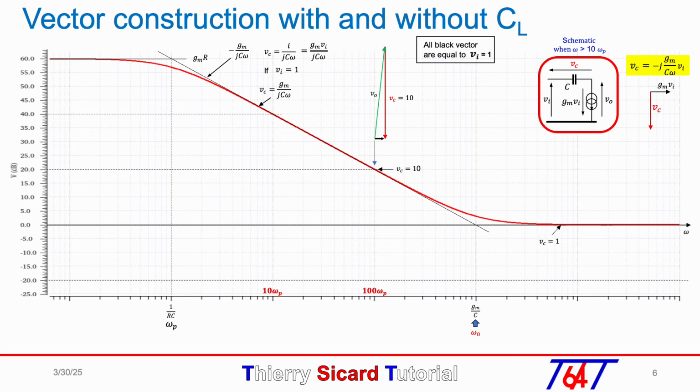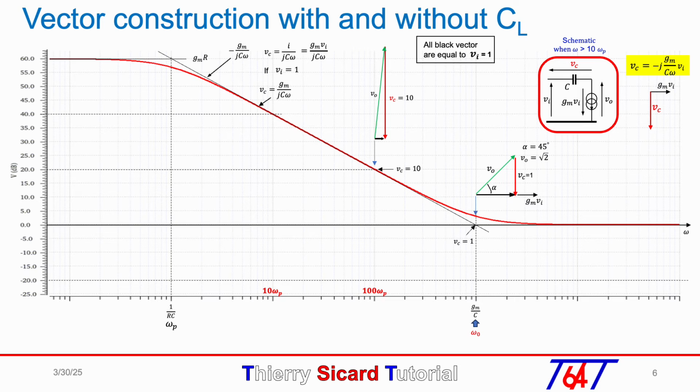At omega 0, the minus 20 dB per decade asymptote representing the amplitude of the vector Vc intersects 0 dB, which means that at omega 0, Vc equals 1. We can therefore plot the construction of the vector to see that the gain Vout over Vin is equal to the square root of 2